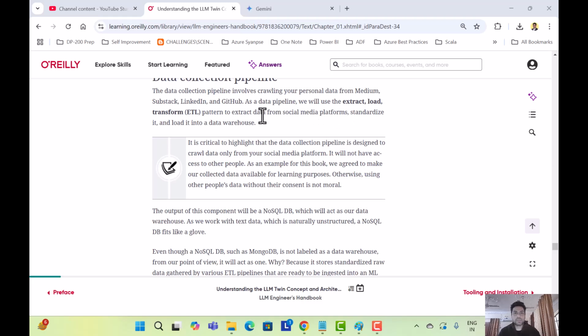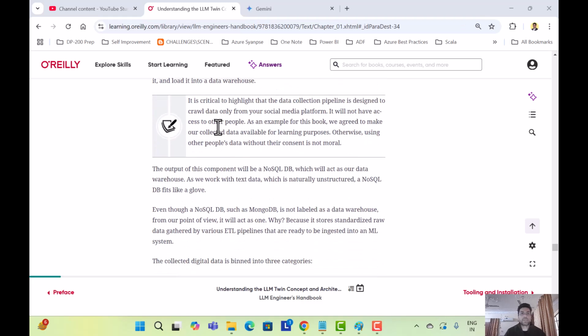That's misleading because you can see here they're mentioned as a data pipeline. We will use the extract load transform, which is ELT, pattern to extract data from, standardize it, and load it. That's okay. It is critical to highlight that the data collection pipeline is designed to crawl data only from your